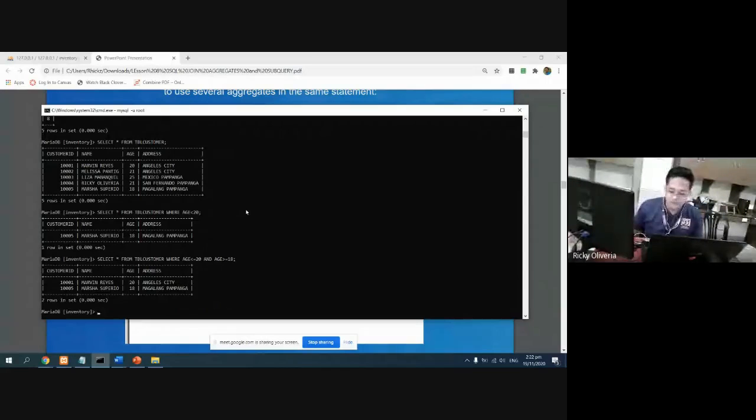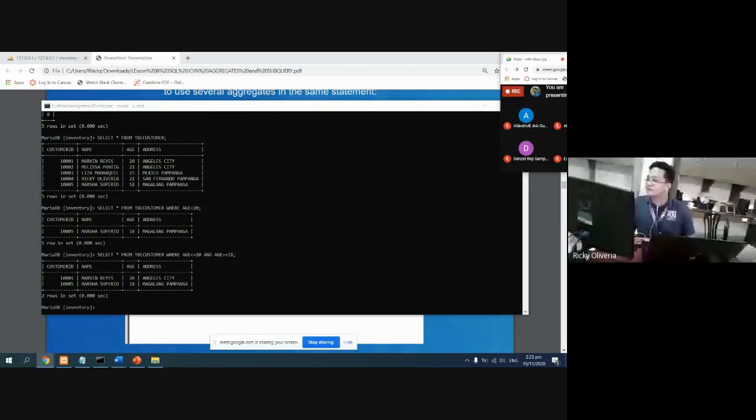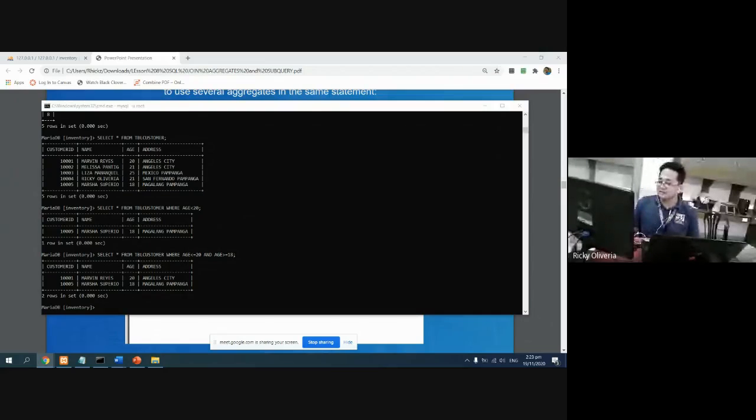So this is the power of your SQL commands. This is for filtering. You could do several things from here. You could have or, and, less than, greater than, and so on. This is quite easy to understand since it is an English-like language already. Okay, any question so far with this? I'm not yet done with